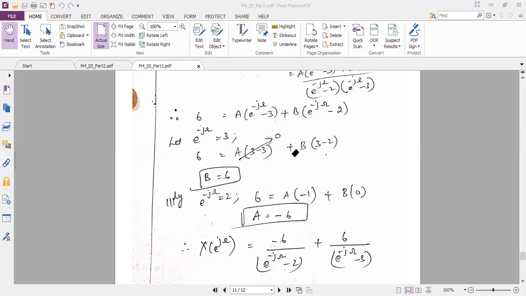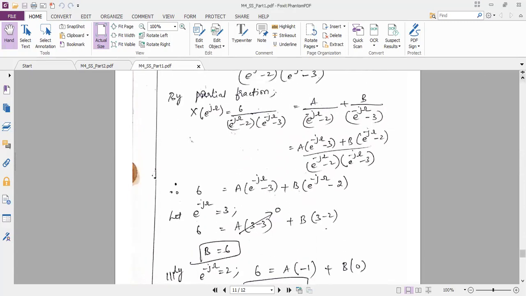I want the a value. So tell me, what is the assumption of e power minus j omega to get a? Plus 2. Plus 2, very good. So you do that and get me the answer. What is the value of a? Minus 6, ma'am. Minus 6, very good. So once you get a and b, you know which equation we have to apply this a and b to.